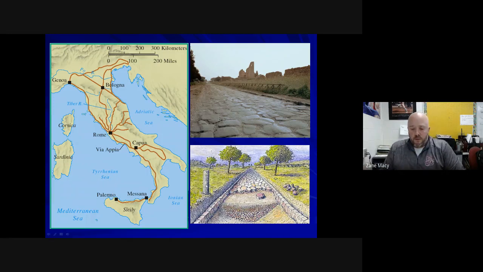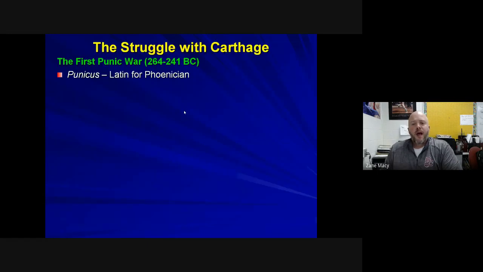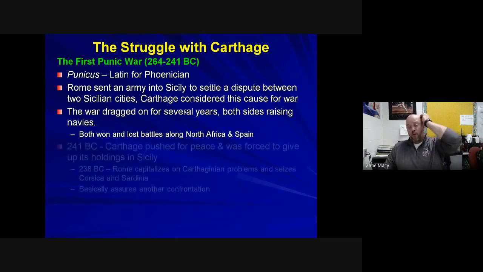The Romans would put things like that on these posts. And there might be posts literally every mile, or maybe every 5 miles, every 10 miles, they would end up putting the distances to different locations, generally measuring from the city of Rome. But that was just to give you a little bit of illustration about what I talked about with the roads earlier. Now, in terms of the struggle with